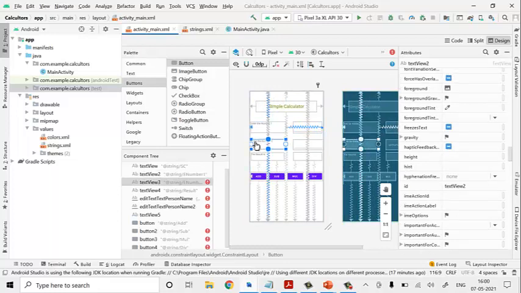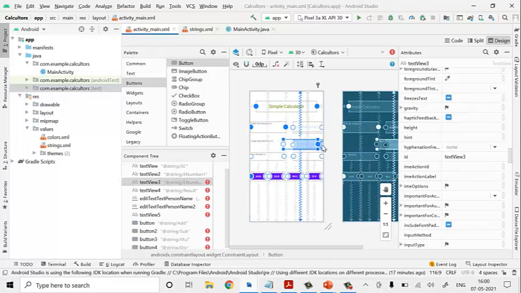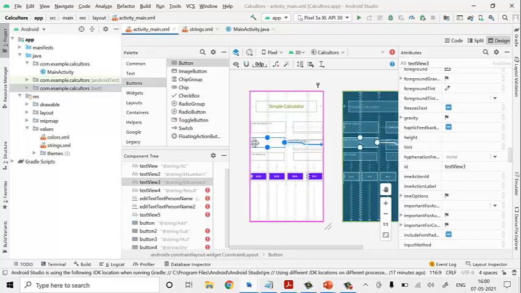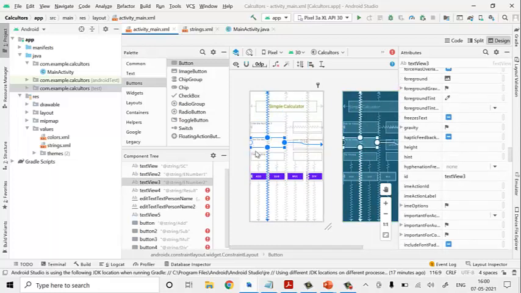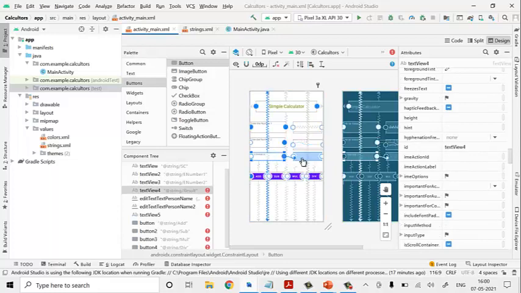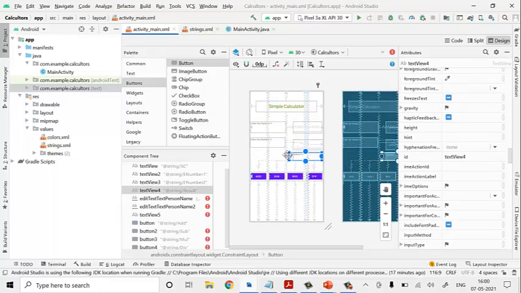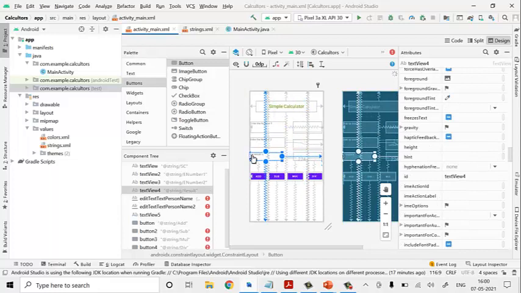The same thing we have to set for text 2. It will be arranged as it is. Now again for text resultant, we have to set it for horizontal. That will be selected. You can check it out. When we place it horizontally, the red notification is not showing in the red format.